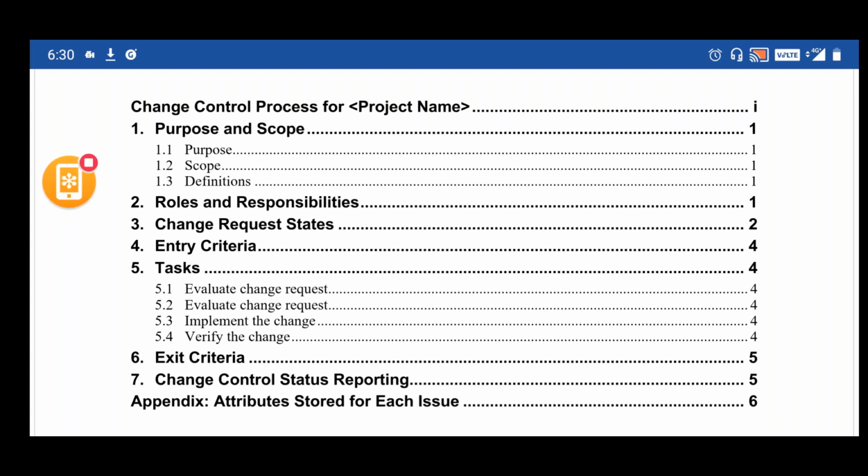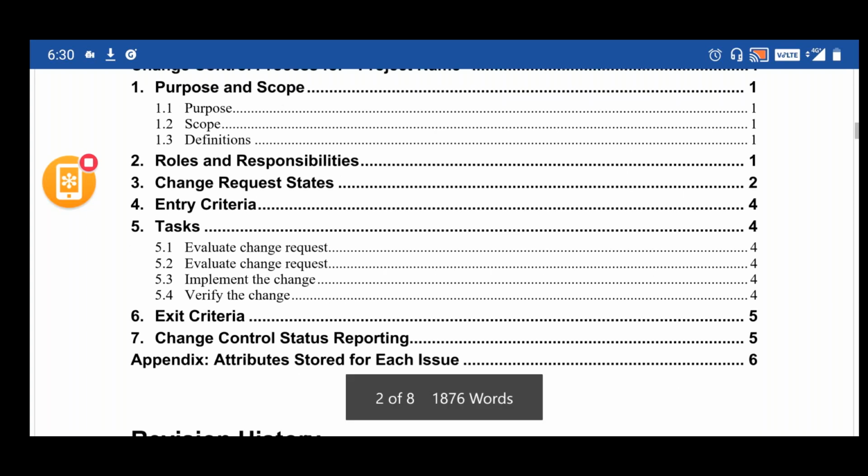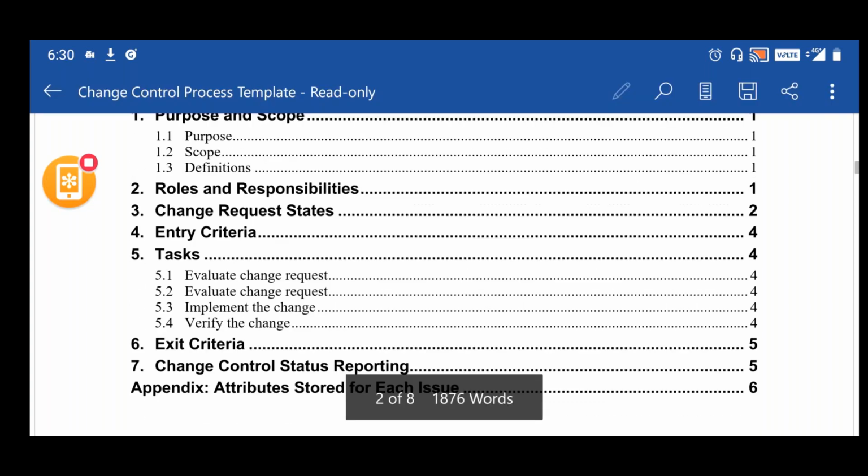And the attributes stored for each issue are defined as part of the change request documentation.